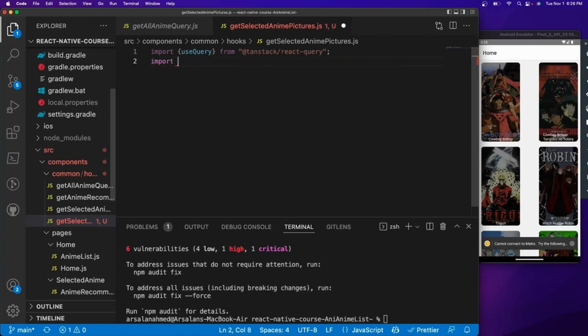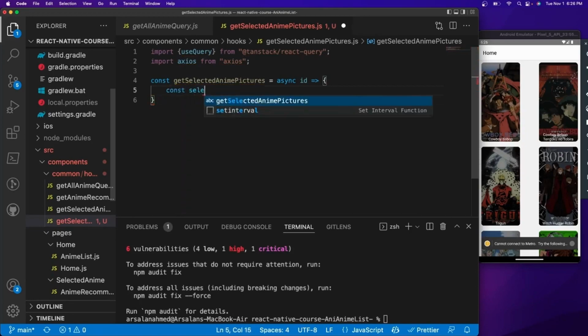And then we're going to also import Axios. This is going to be very similar to how we do our other API calls. So after this, we're going to do const getSelectedAnimePictures is equal to async. We're going to give it an ID, and inside of here we're just going to do const selectedAnimeURL